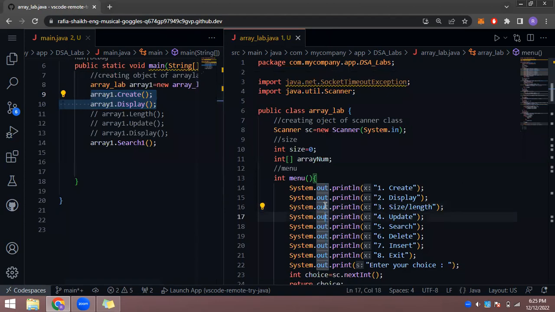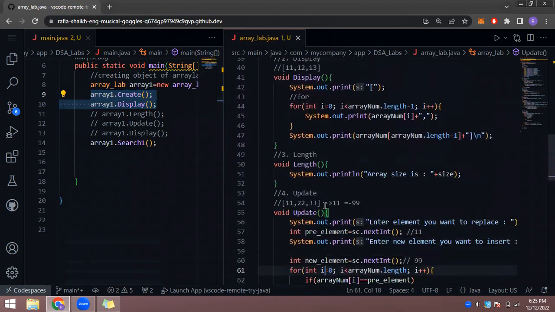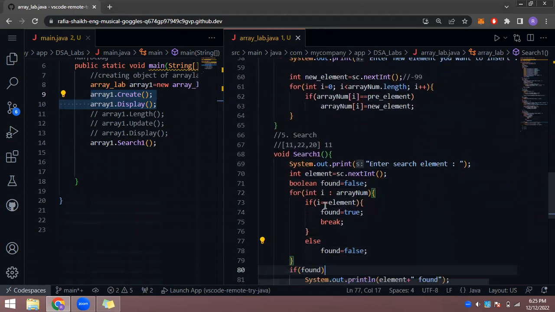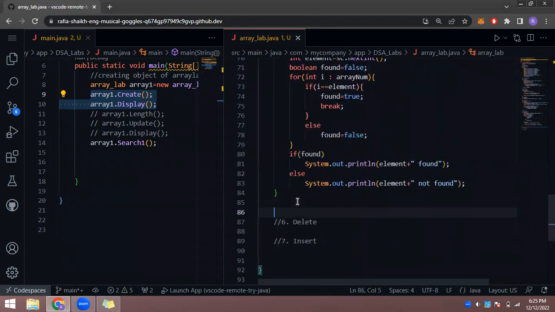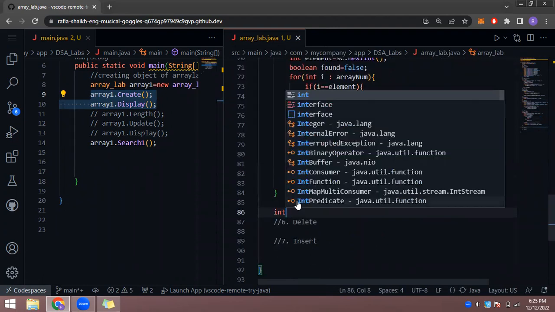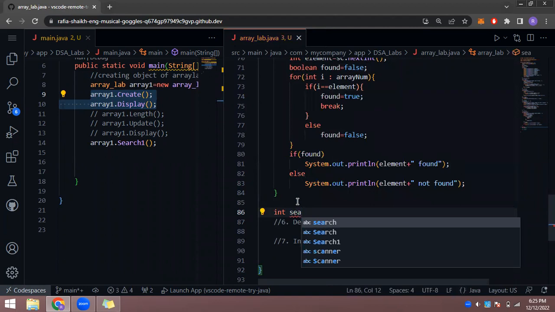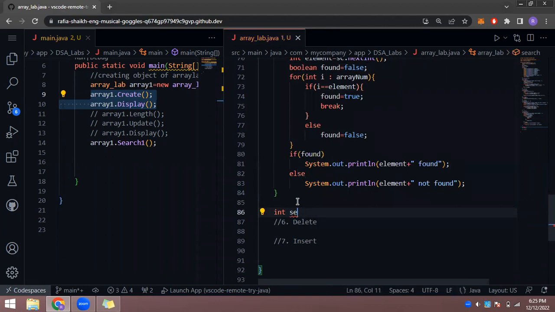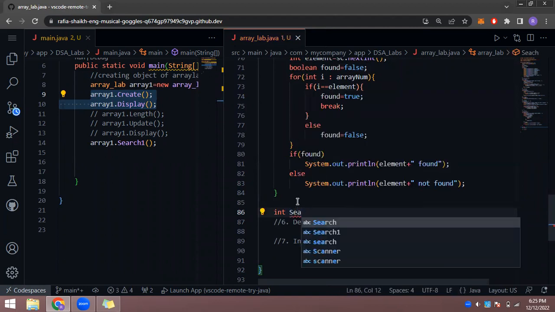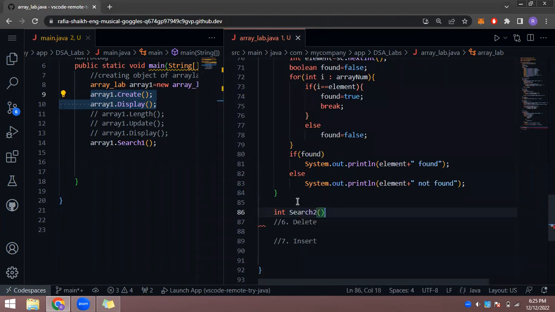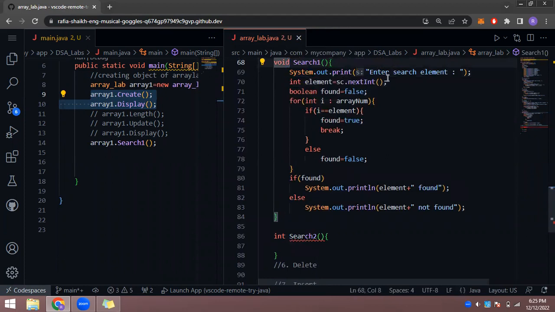Now let's see another way of performing the search operation on an array. The return type of this method is integer and the method name is, suppose, search2. Okay. This time, I'm asking the user for the input. Let me copy these two statements